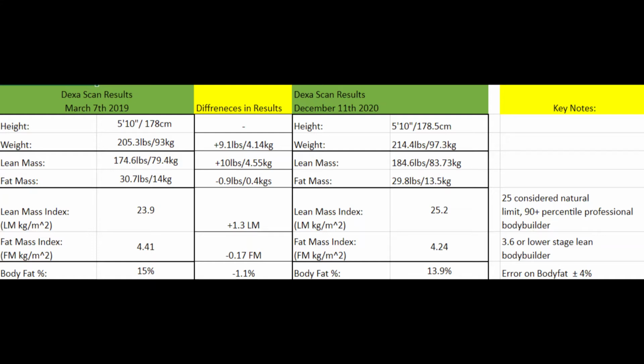But ultimately, that comes down to that fat mass index, which mine went from 4.14 down to 4.24. And when he was talking about that lean mass index being over 25 as a natural limit, he was talking about when a bodybuilder is stage lean with their fat mass being 3.6 or lower. And ultimately, as my fat mass index would come down from that 4.24 number, approaching that 3.6,